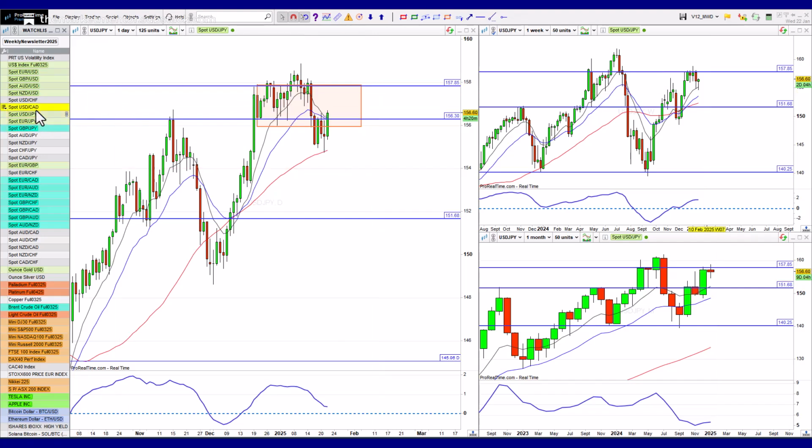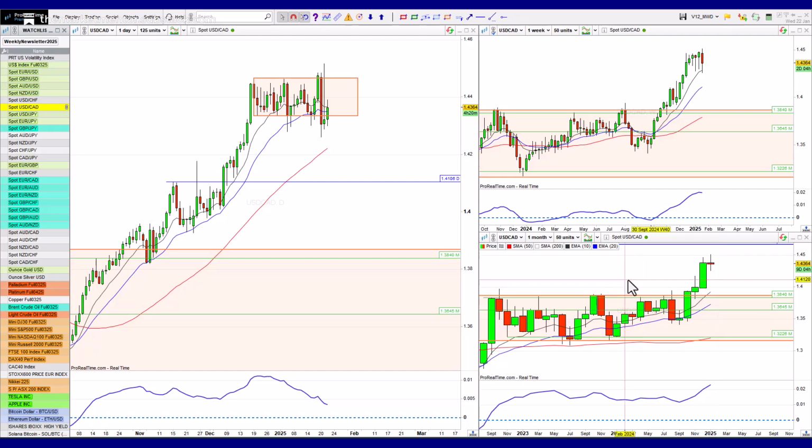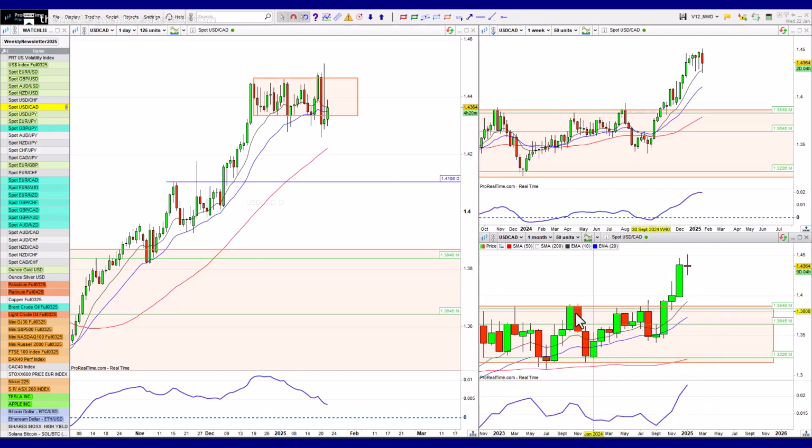All right, so let's have a quick look at dollar CAD as well. Dollar CAD has just had an incredibly strong run, and it just refuses to take a bit of a breather. So this is another one that broke out of a range that could benefit from a pullback to the outside of the range to